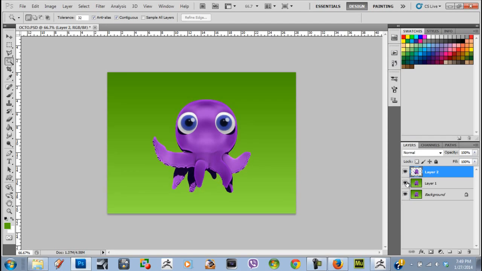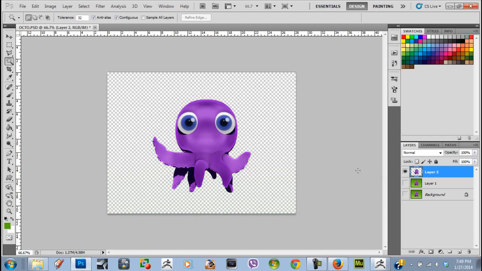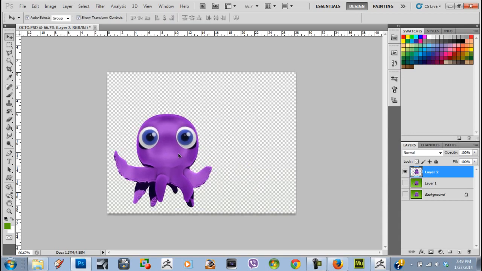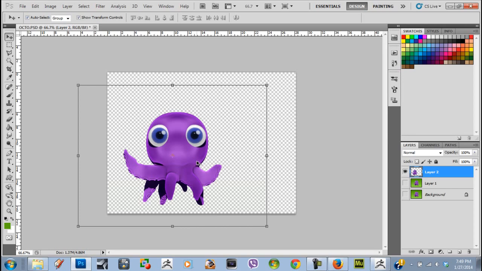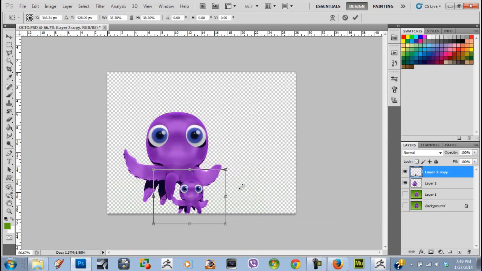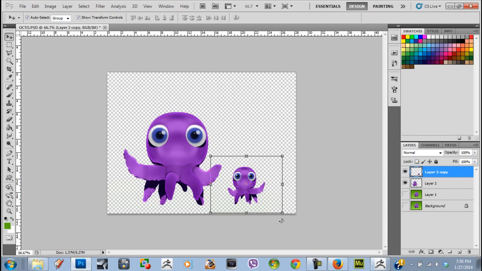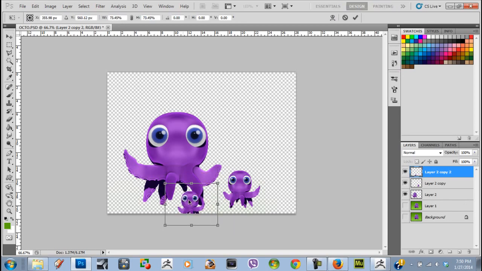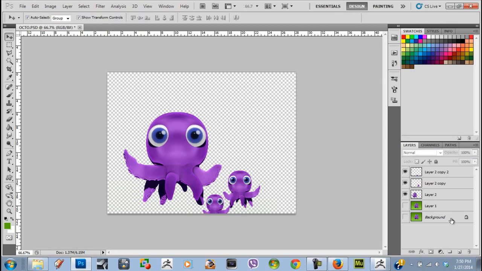Okay, so once I do that, Control J, so I did a new instance, a new copy of that by itself. So now I can be working, if I'm doing this for a project, I can even duplicate it. Control Alt. I can make a little baby. Maybe mirror it so it doesn't look the same. Maybe I can use the puppet tool and move it around. Maybe I can make another baby, maybe looking around here. Whatever you want to do. And then put the